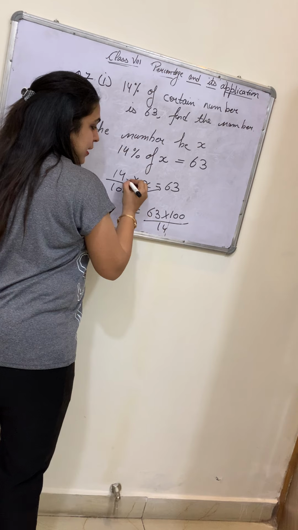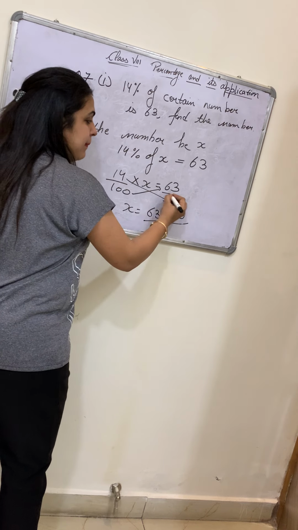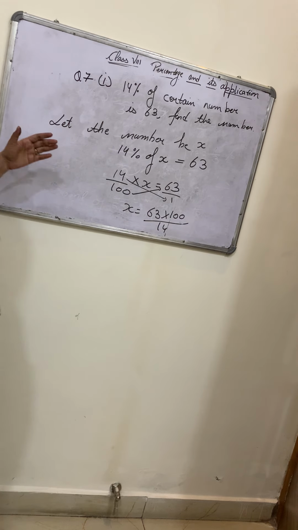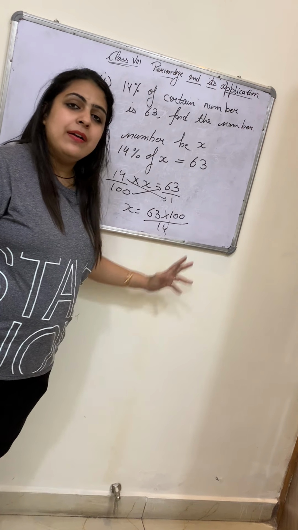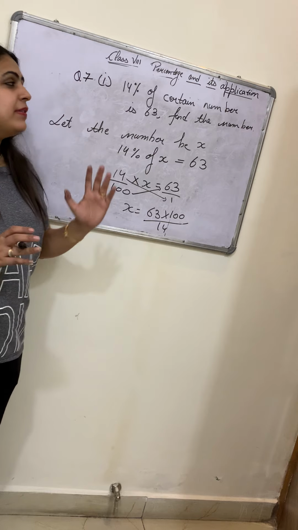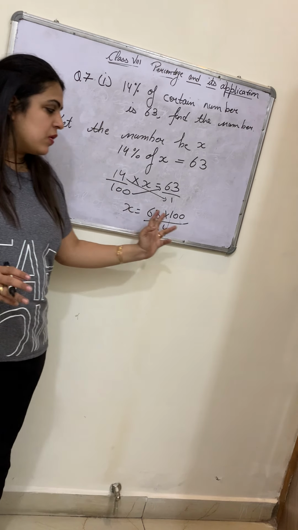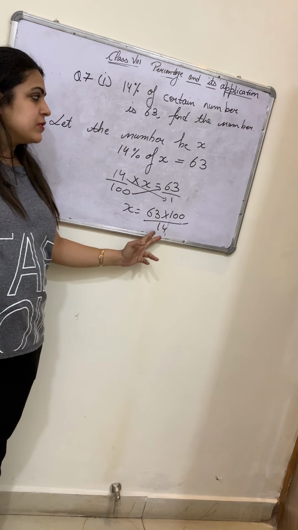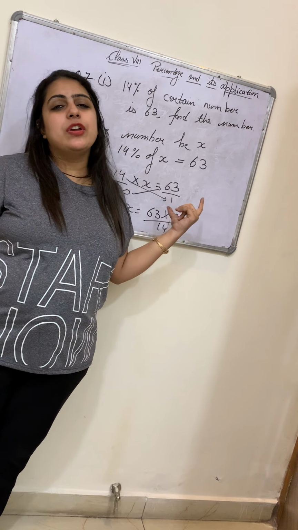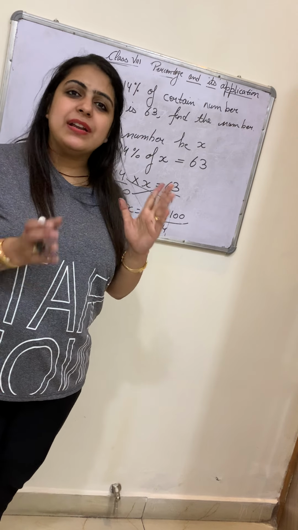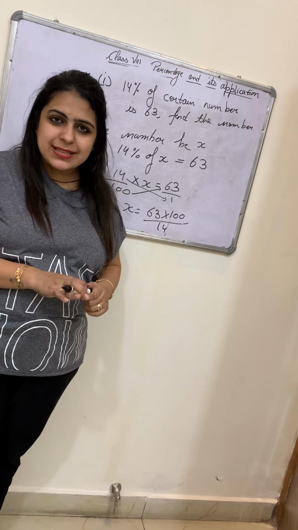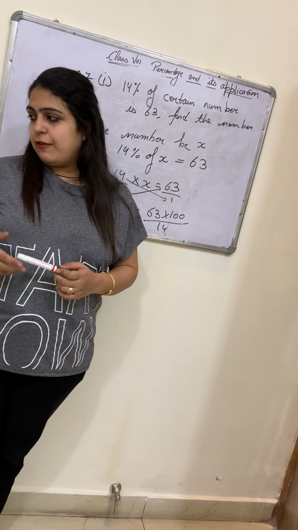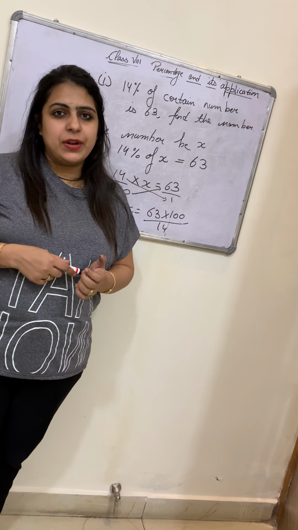ये cross multiply होते हैं यहाँ पर. So this becomes 63 into 100 upon 14. You are going to solve this. You will get the answer of the number. That is the number, whatever you are going to get as the answer here. Fine. This is how we are going to solve such kind of questions. You are going to try the second part by yourself. The question is exactly the same, only the values are changed. Do till here. Next, further we are going to continue in the next video.